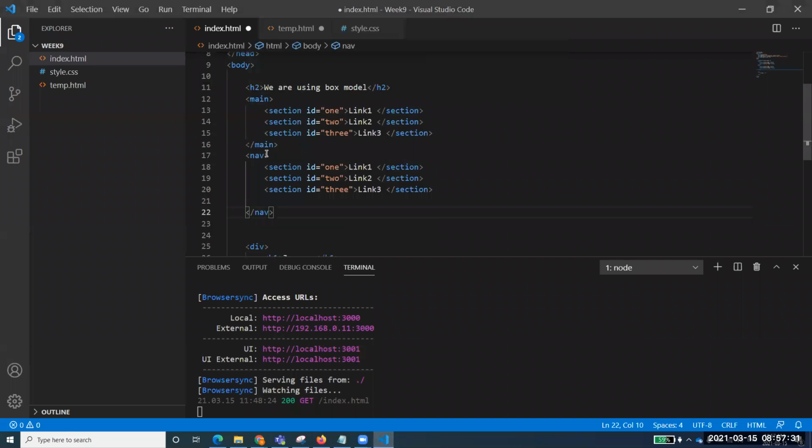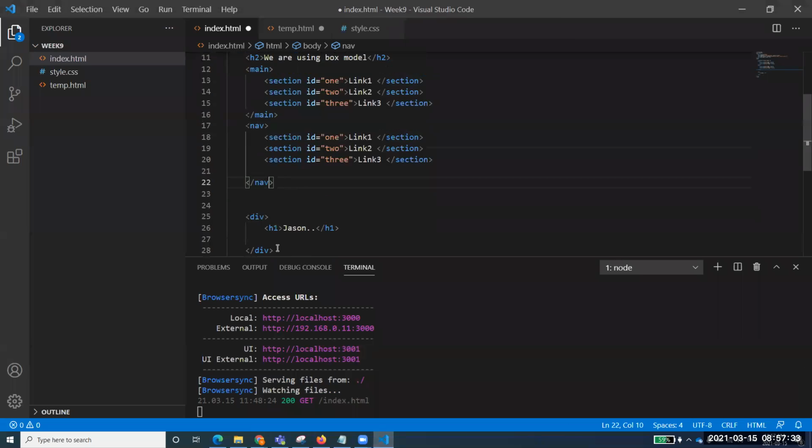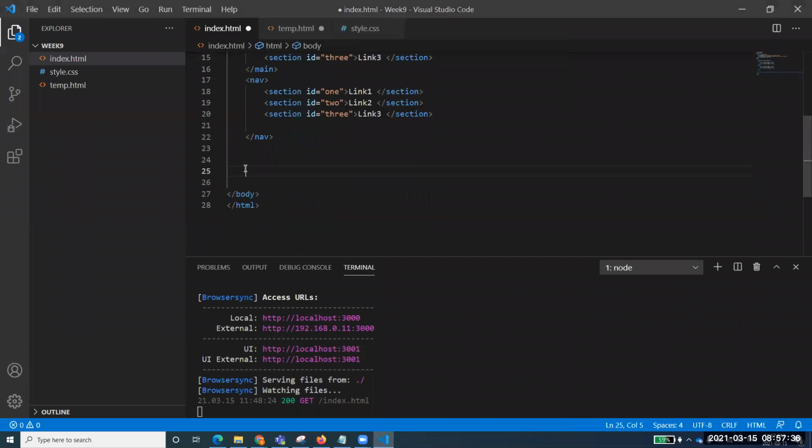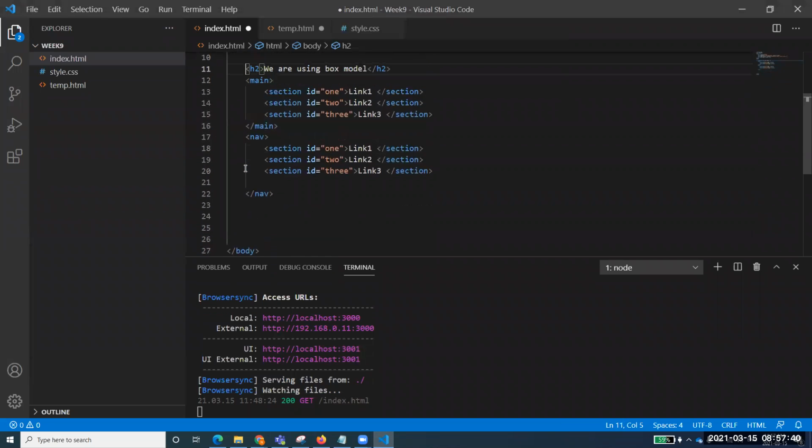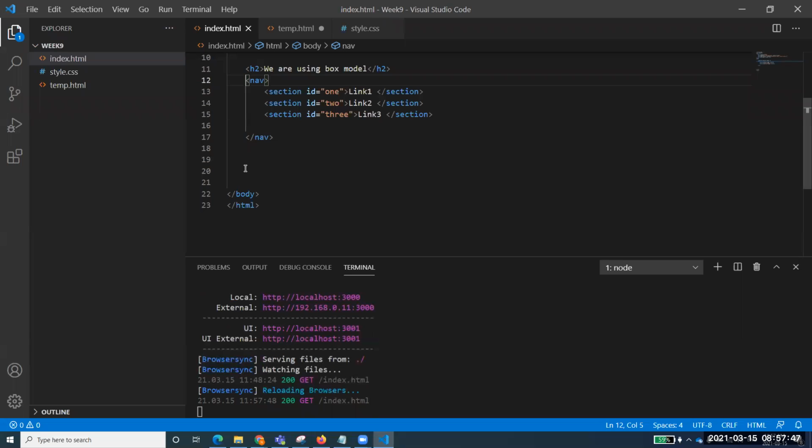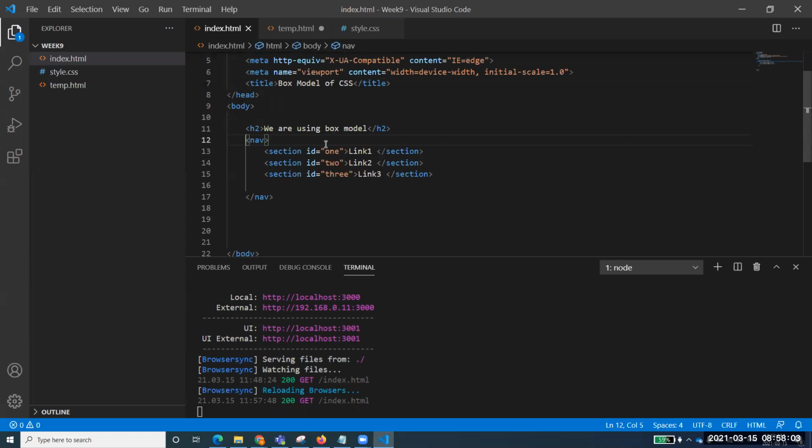Or I can use a nav over here. No worries. Rather, since I'm calling them link 1, link 2, link 3, rather than using this main, I'm using this one, no problems. But you should keep in mind that nav typically represents the link area of the document. And as I said again and again, it all depends upon yourself. If you want to place your navigation somewhere, you can always place that in nav, and no issues at all. Right? So I'm just keeping that in nav, no problem.